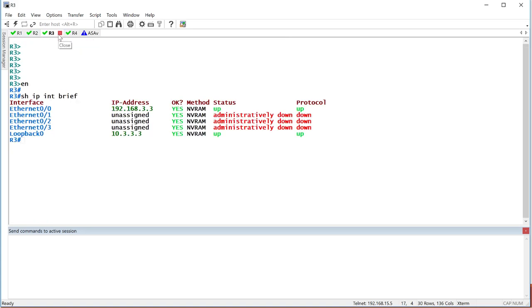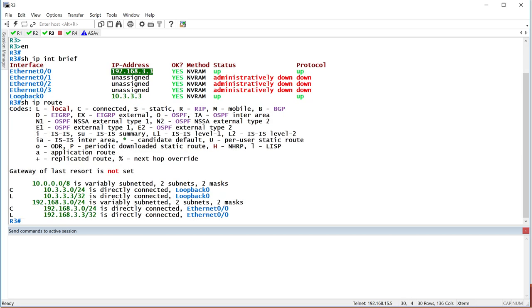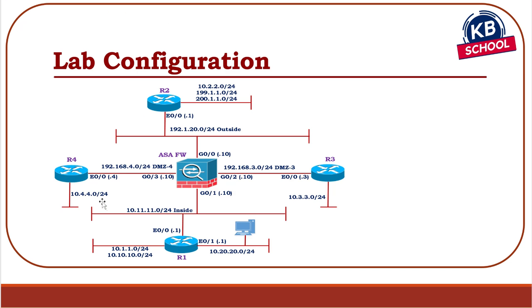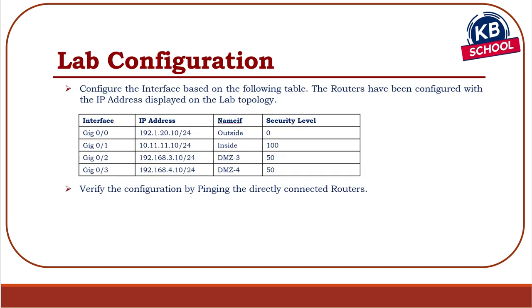Let's check that. This is my loopback. This is my 3.3 network. Again, just like the other ones, I don't have any other interfaces configured. So basic IP address configuration is there. Loopback behind R4 and the IP address over here. Again, based on this. So my objective in the lab is to focus on configuring the IP addresses on the